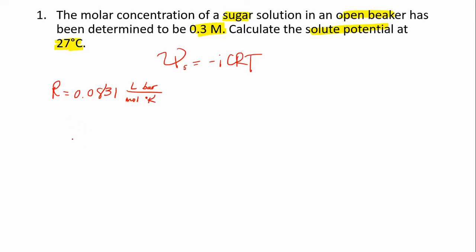So our ionization constant is important. What is our ionization constant going to be? Well, we need to look at what the solute is. It is a sugar. And we need to think, is sugar ionically bound or covalently bound? Well, sugars, those are all covalently bound. So any sugar